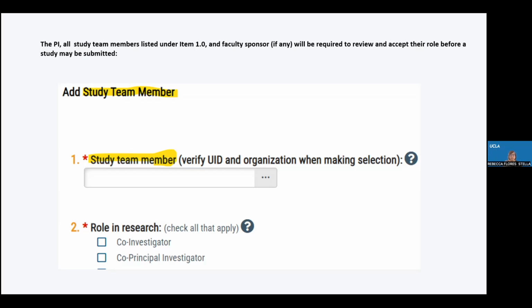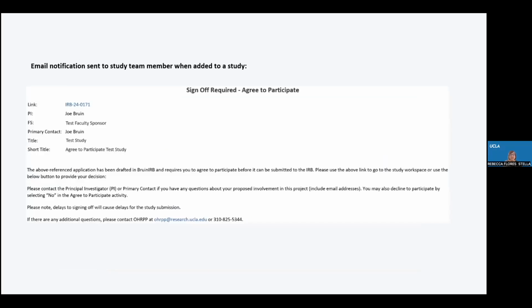So how will this work? Each night, a job will run in BruinIRB to look at all new studies in pre-submission and review the names of all individuals listed under item number 1, as well as the faculty sponsor and PI.